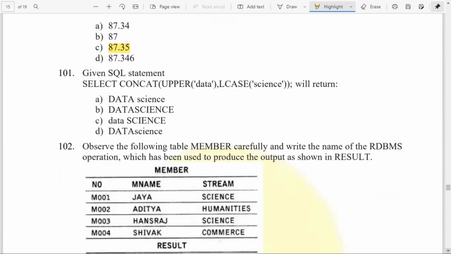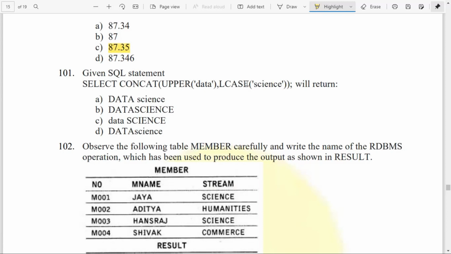Give the SQL statement. This is the SQL statement: SELECT CONCAT(UPPER('data'), LCASE('science')). What will be returned? UPPER of data means it will be converting data to uppercase, so this value will be in capital letters. LCASE means lowercase.